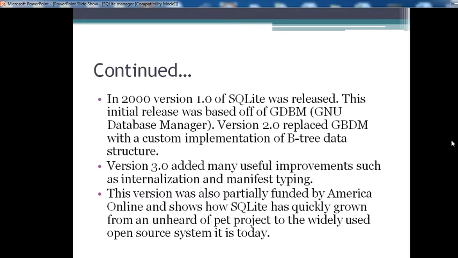Version 3.0 added many useful improvements such as internationalization and manifest typing. This version was also partially funded by America Online and shows how SQLite has quickly grown from an unheard of project to the widely used open source system it is today.